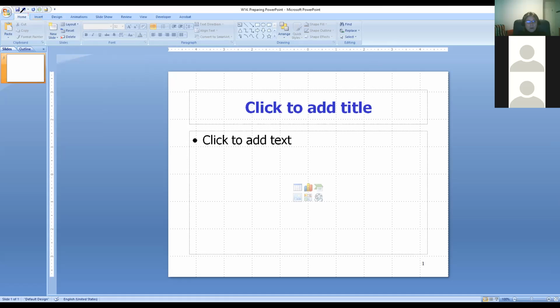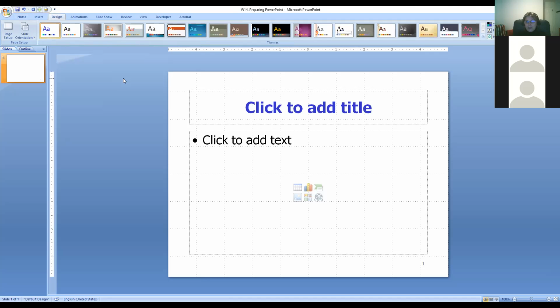Okay, so here's the home menu. This is the one where you get the new slide. This one, and where you get the layout if you want to change the layout of your slide. And then comes the menu that is insert. We'll maybe have to talk about that. Then comes the menu called Design. And that's the one that I want to play with for a second. So let me get rid of the drawings and go into Design.